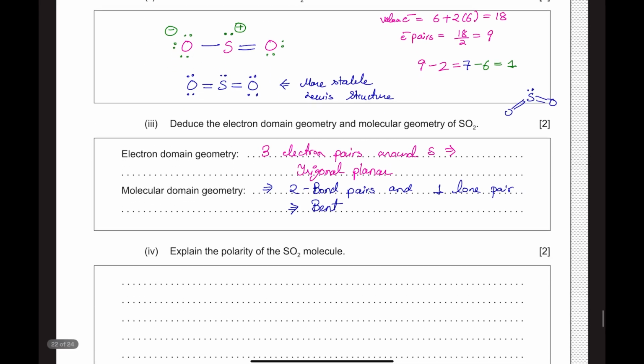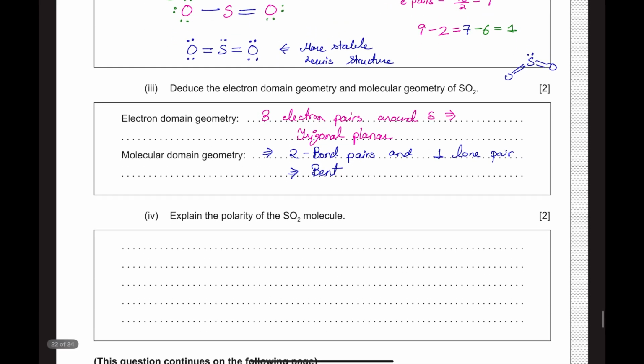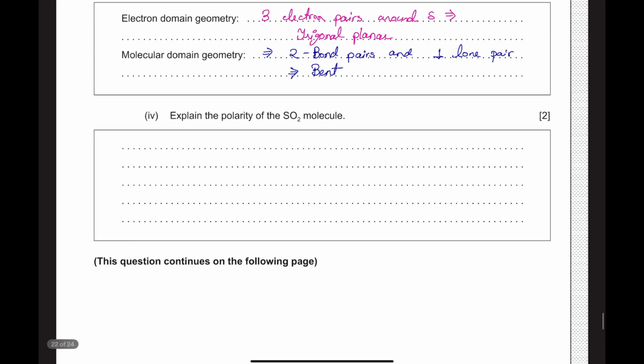Done. Next, we have to explain the polarity of SO2. In SO2, the sulfur atom has a lone pair, right? If you have a lone pair on the central atom, the molecule will be polar. So I know initially that SO2 will be a polar molecule. You just have to write the reasoning behind it. Okay. So now we can write it like this. This is because the molecule is unsymmetrical